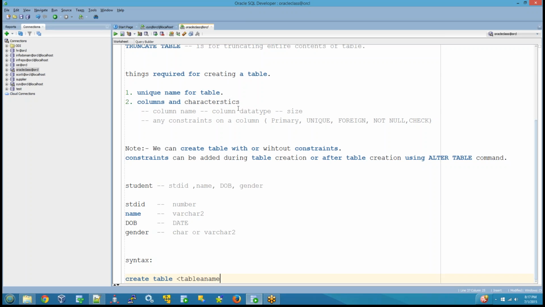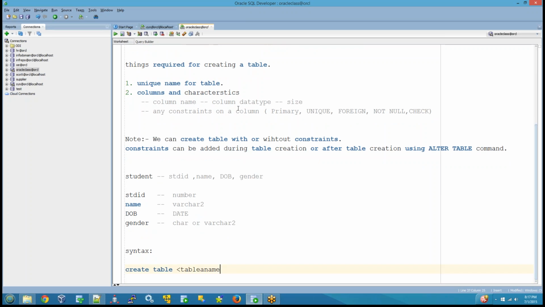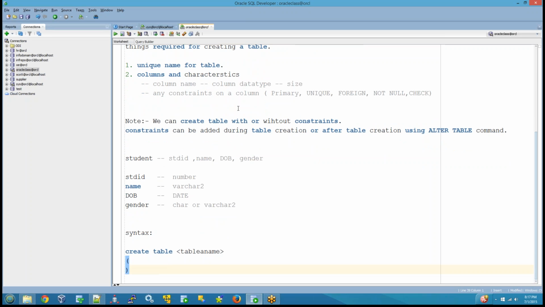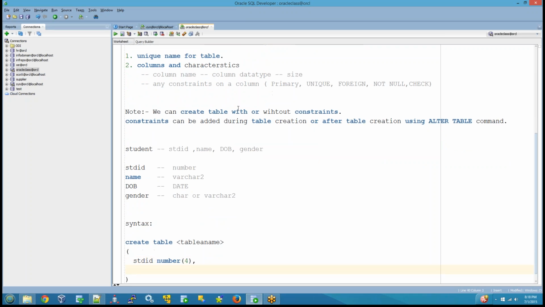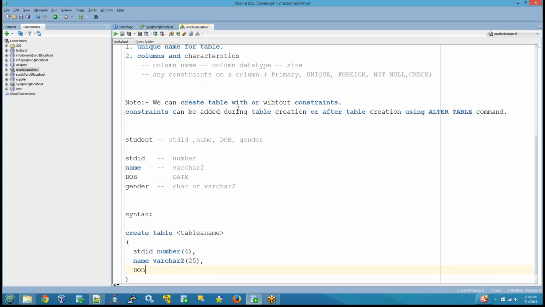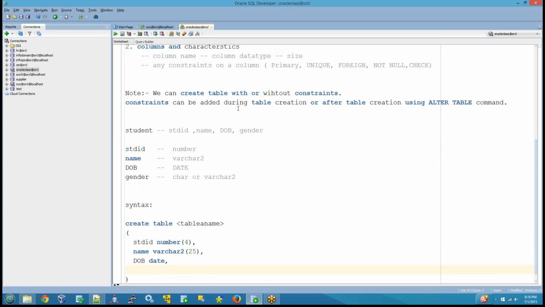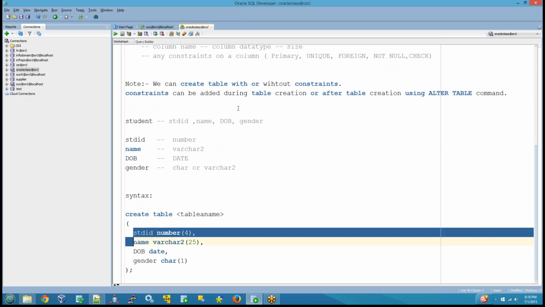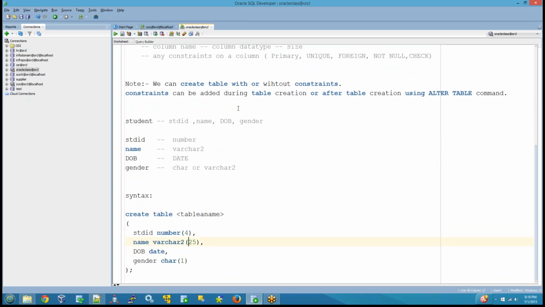So I'm creating a table without any constraints. Create table, table name. Student ID, number of 4, I'm giving a 4, and name varchar2 of 25, and DOB date, and gender is a character of 1. Okay, so here, the default value of the column,